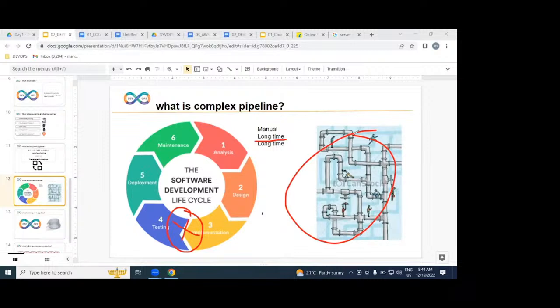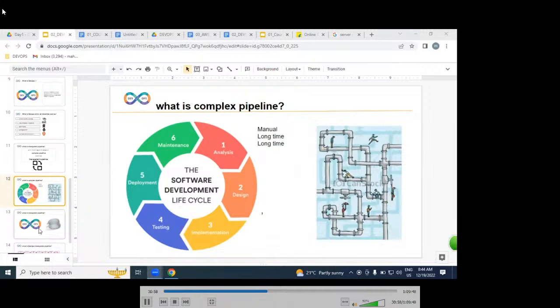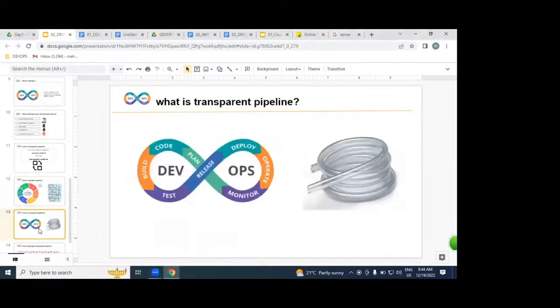That is the reason we are going to replace it with an automated transparent pipeline, using DevOps. The same water pipeline, the same usage, but it is transparent and automatic.